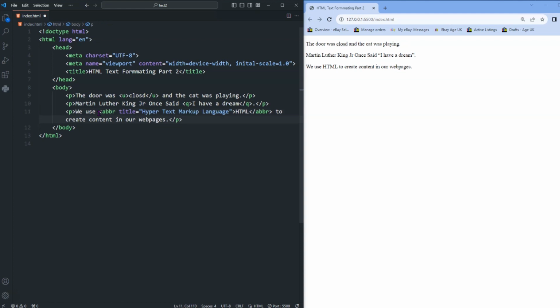So we've still got the paragraph tag which said we use, and it will put HTML on the screen, but because you've got it in between the ABR tag, it will do something a bit different to create content